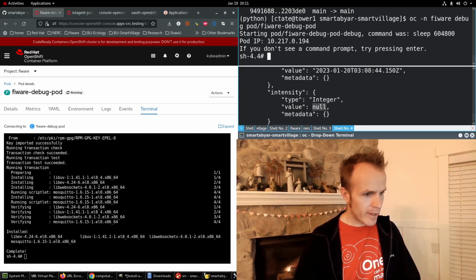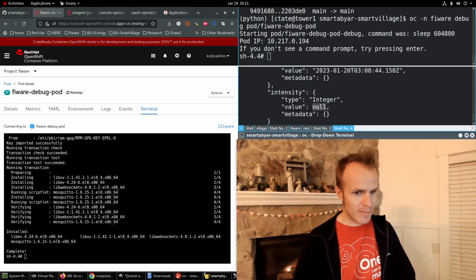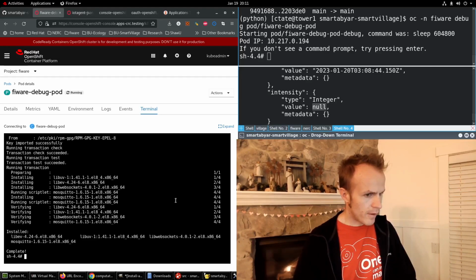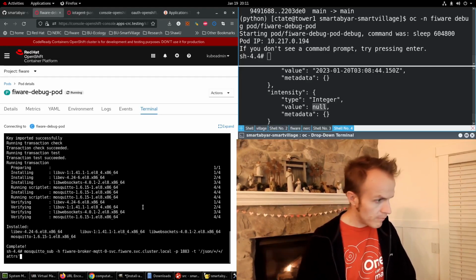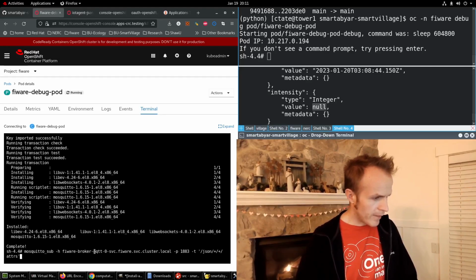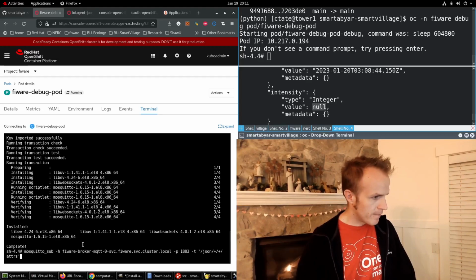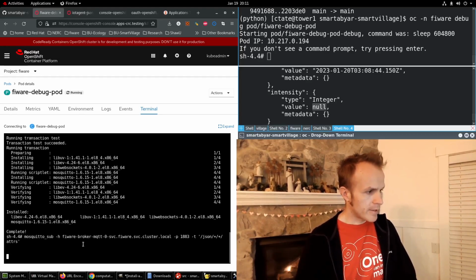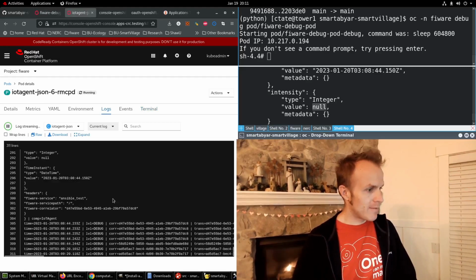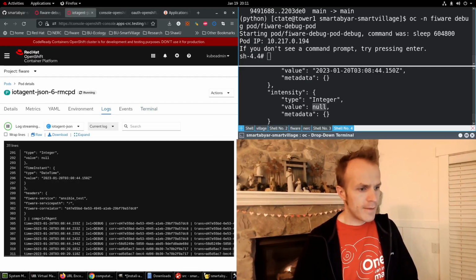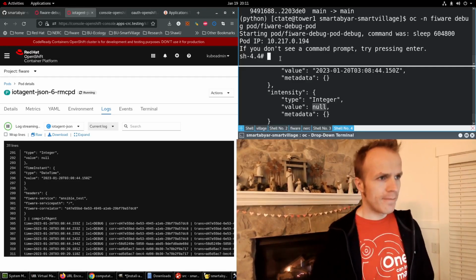In the first one, I'm going to subscribe to the same topic on the FIWARE broker for MQTT within the cluster on port 1883 /json /wildcard /attrs. And our context broker is doing the same right now. Now what I'll do is